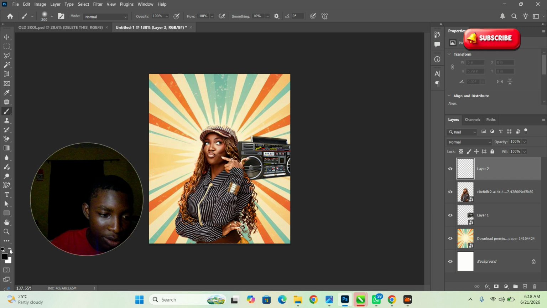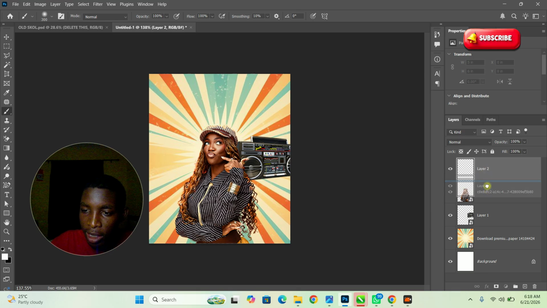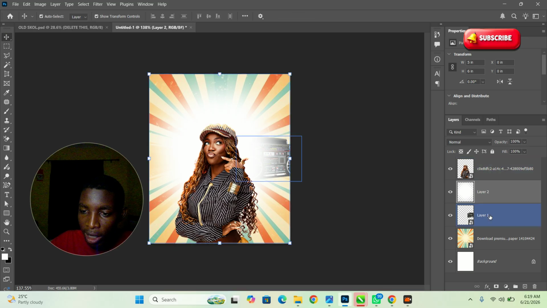Then come here, move, change. Look at the settings here. Change it to white. You can see that it's now white. So we'll now bring this layer down here. That's behind her, so that anything we do, you can actually see how it's popping out like that. So after doing that, you can now bring,